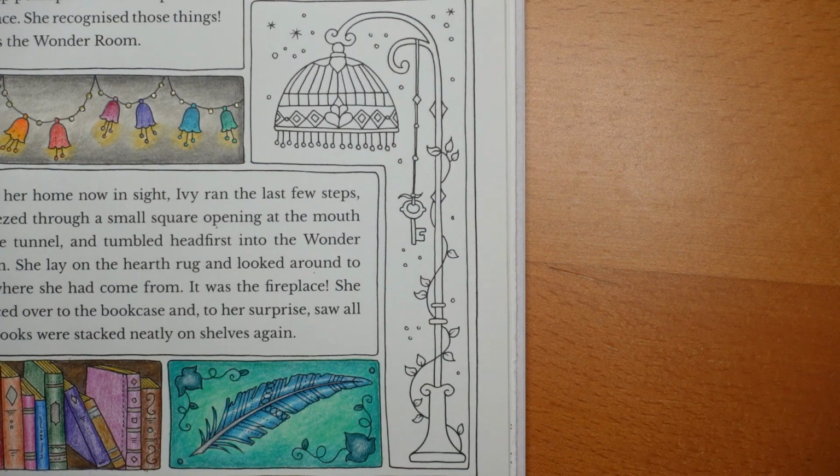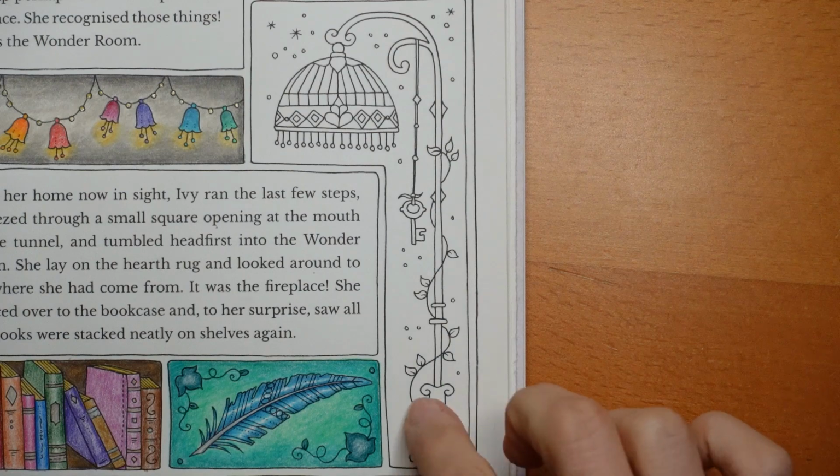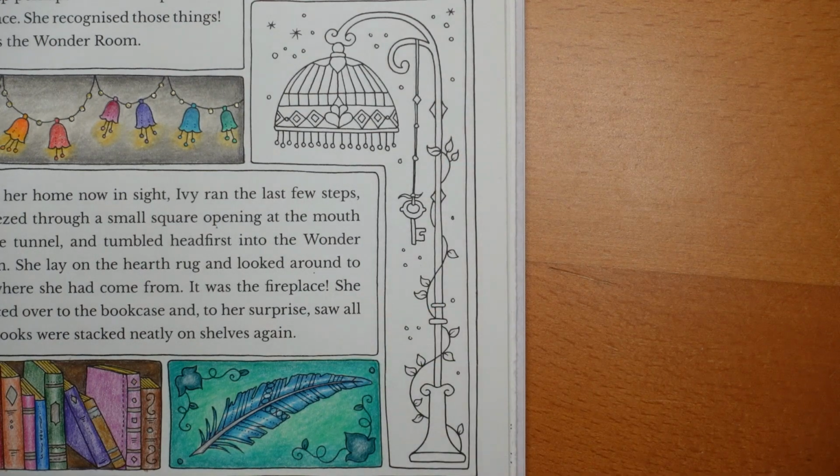We have the lamp to do. Now I've actually left the lamp till last because for me it's the most tricky, complicated one. Not to colour but to decide what to do with it. So anyway, I'm going to start with the little leaves. They're nice and easy. And then decide, as I say, it's not going to be complicated with regards to difficulty